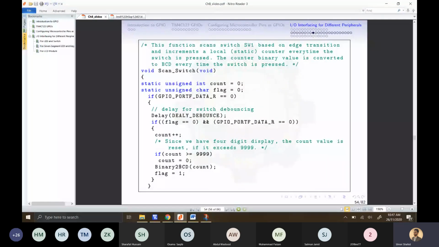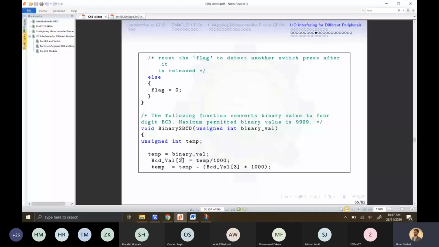And this function binary to BCD decoder is just like a decoder that will take the current value of count, and that will decide at which segment which number should be displayed. So in this function, I am actually getting this binary value. The fourth segment will be my 1000th value. That 1000th value will be put at the fourth segment, divided by 1000. We have subtracted this value because now we want to compute the